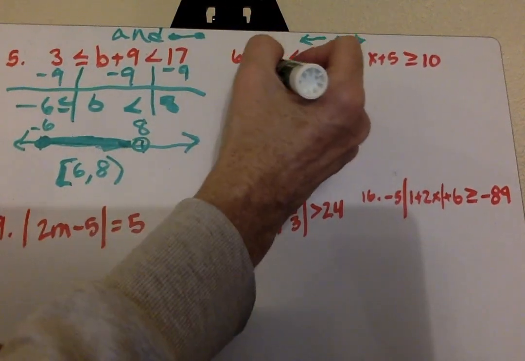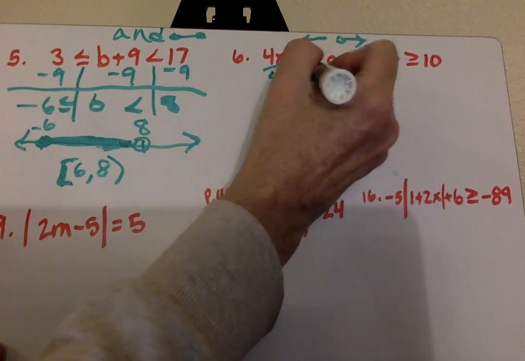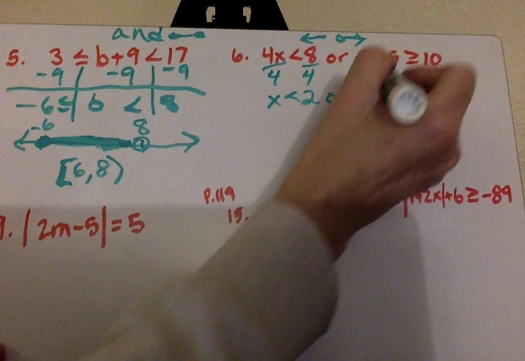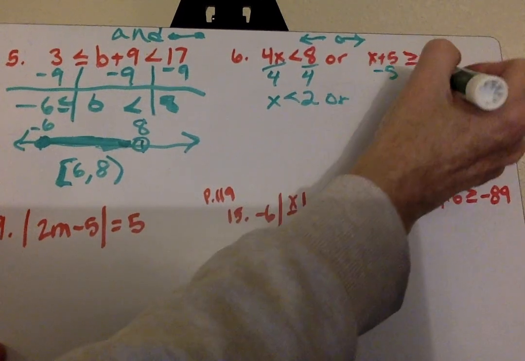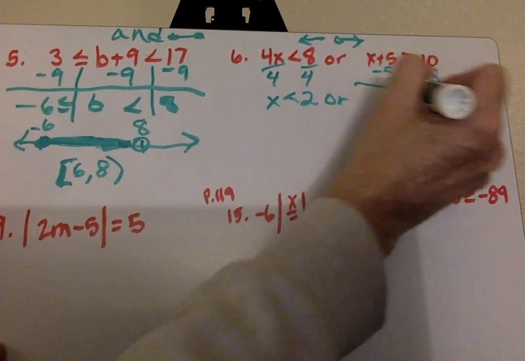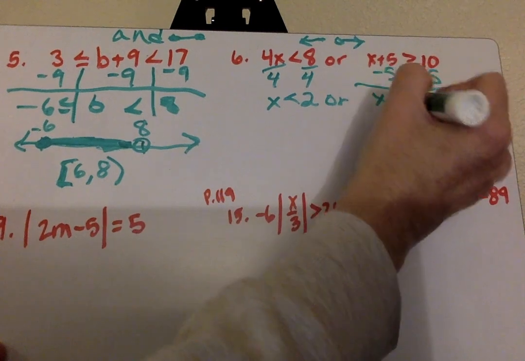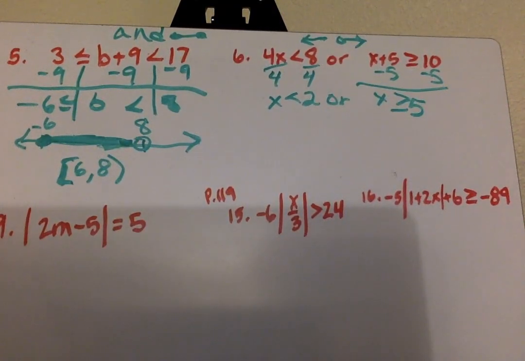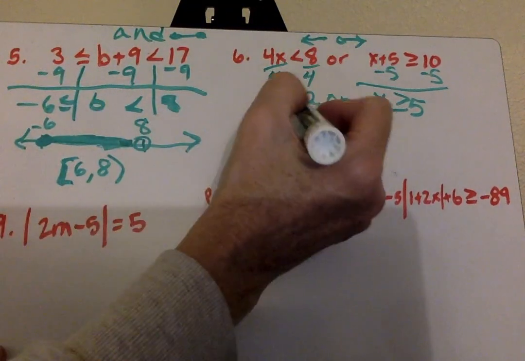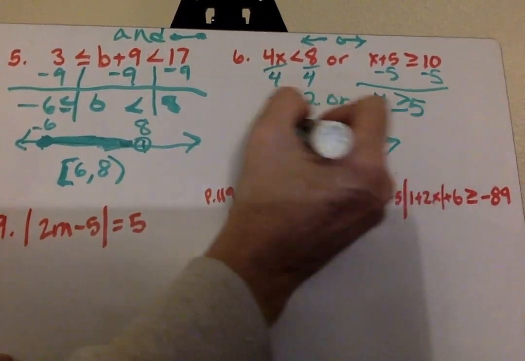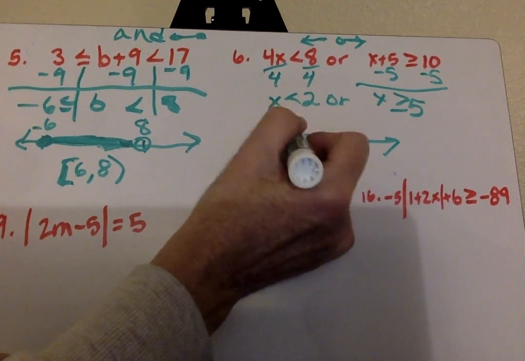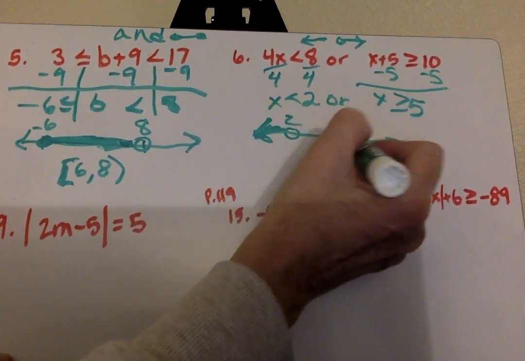All we have to do here is divide by 4. X is less than 2, or then we just minus 5 right here. X is greater than or equal to 5. So we have X is less than 2, or X is greater than 5. Number line, or greater than or equal to 5. Less than 2, 5,